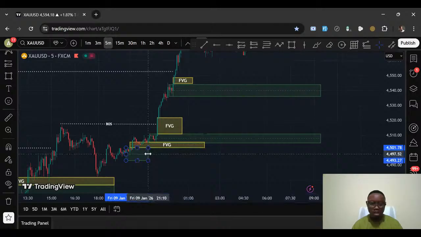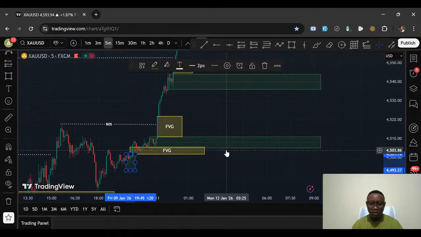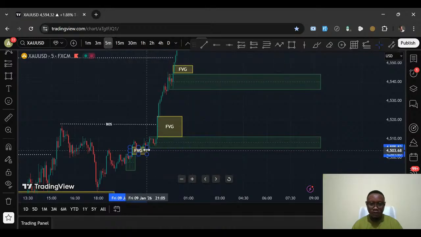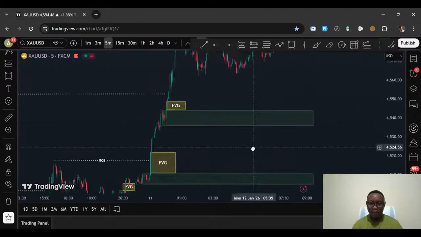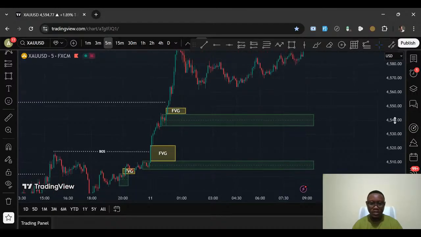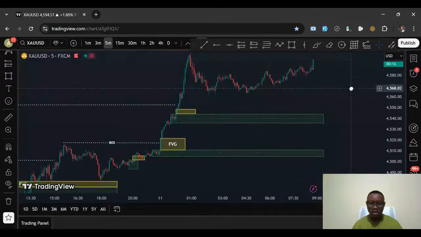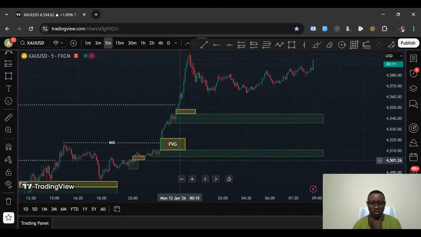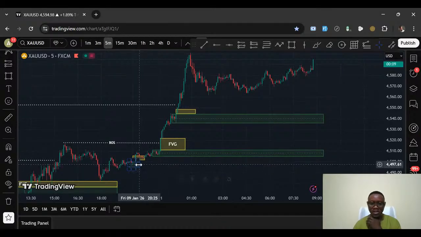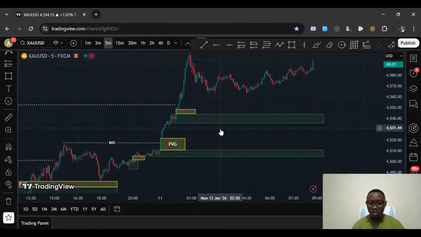So for this, I will push this here for reference, because obviously price might not get to that zone anytime soon. Okay, so let me just put it here for reference. These are the zones I'm interested in. This, and of course this too, because this is an extreme zone, and usually price respects extreme zones. You don't want to take them out. You don't want to ignore extreme zones.